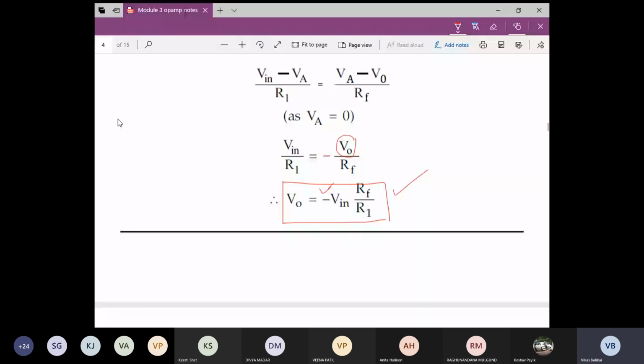Then can you compare this: we have been writing the equation A is equal to V naught by V in, and then V naught is equal to V in multiplied by A. Compare these two equations and tell me what will be the value of A? Yes, what will be the value of A? Because I know V naught by V in is equal to gain and V naught is equal to V in into A. If I compare these equations, let me write here equation number 1 and equation number 2. What will be the value of A?